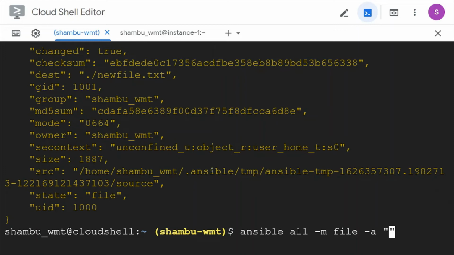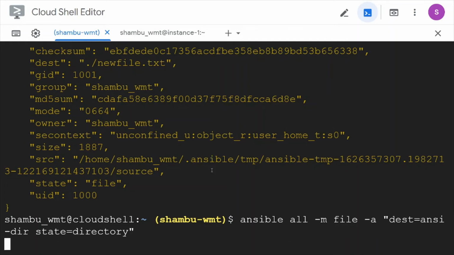Here, destination equal to ansidir. I can just use the name of the folder, and state is equal to directory.